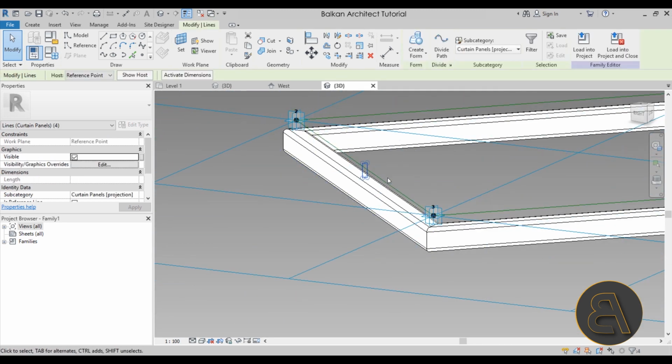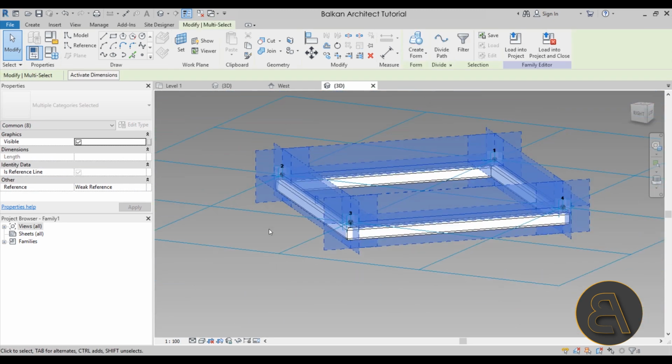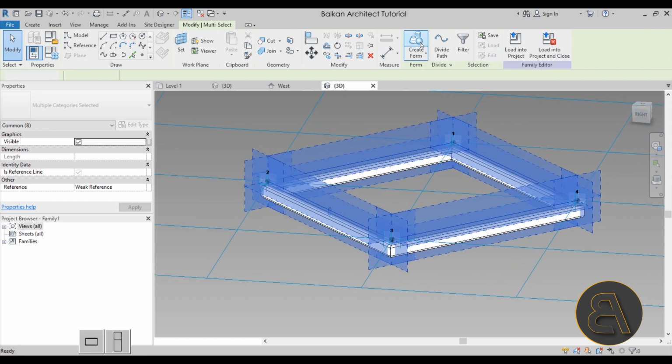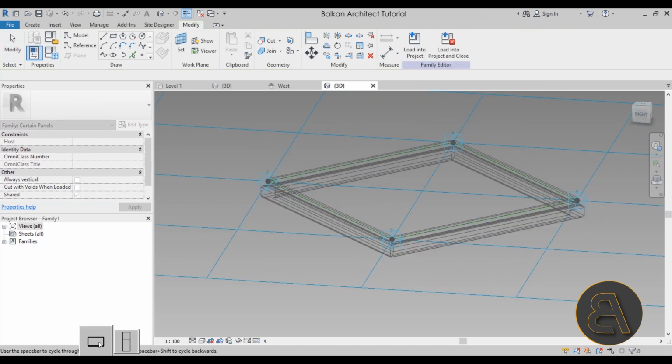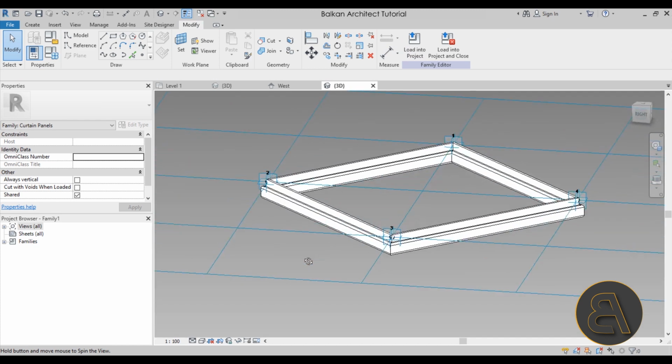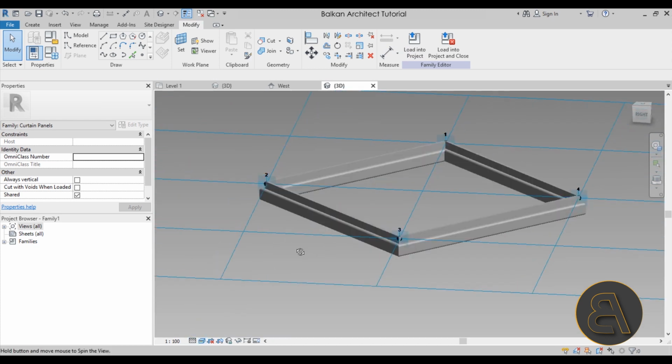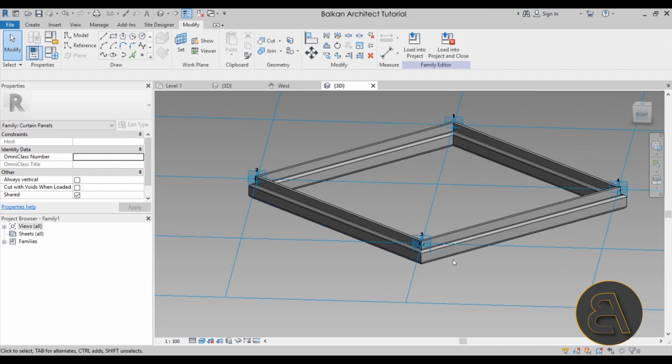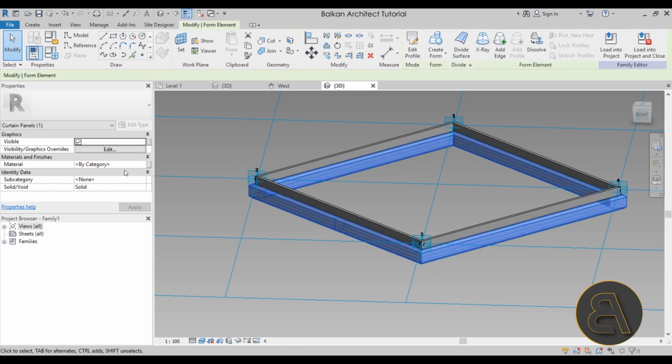Okay, so once we have this profile, select it, hold the control key, add the whole frame to selection, and go to create form. And let's go with this form, and there we go. Okay, so now I'm just going to switch this to fine level of detail and this to realistic, and then you hover over the structure part, click the tab key, and then you can select it,